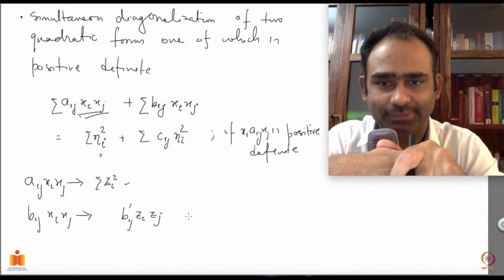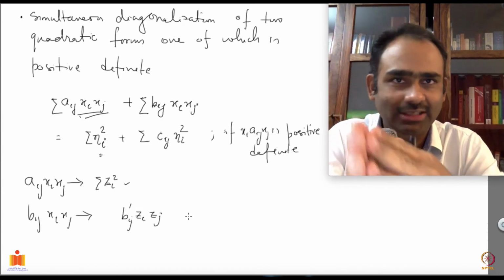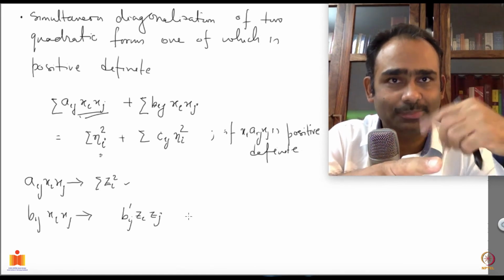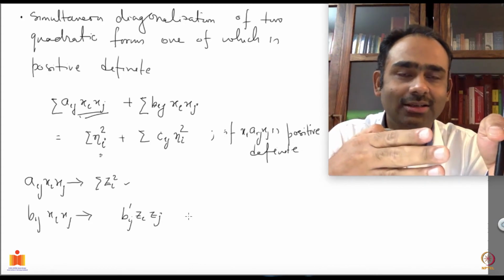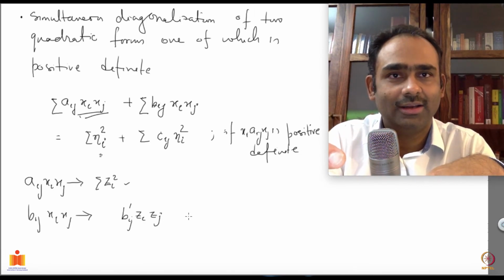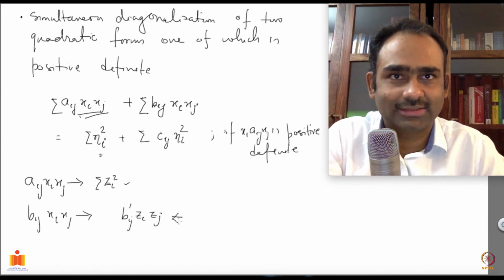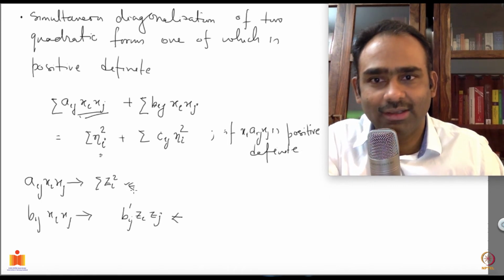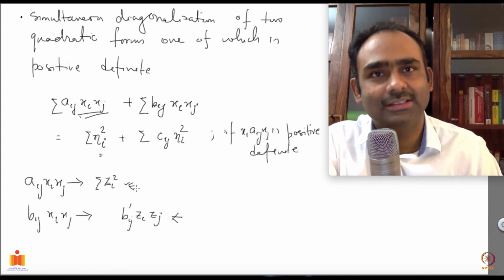So you again have the same situation as before, meaning now you can do one more transformation and go from z to eta by an orthogonal transformation such that the matrix b prime gets diagonalized. Okay, so from z you go to eta through an orthogonal transformation which will diagonalize b prime, which will mean that this piece will be put into a sum of squares. Then you may worry what happens to this part. Nothing will happen to this because this is a sum of squares. Under an orthogonal transformation it will still remain a sum of squares.